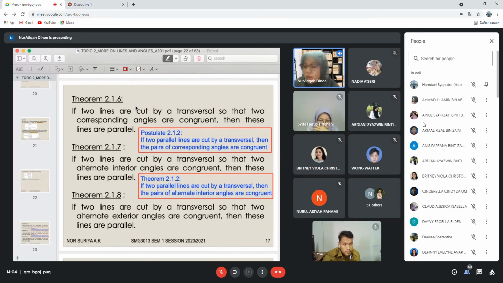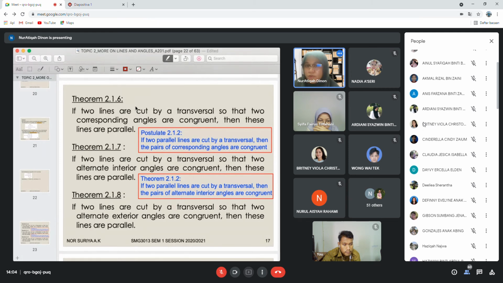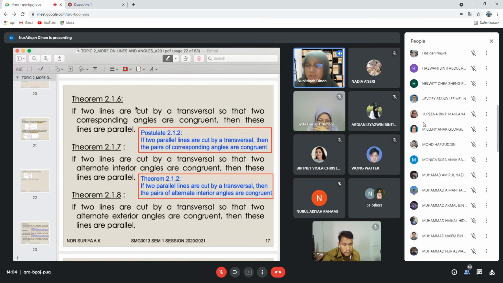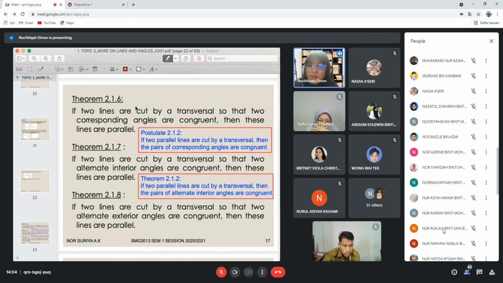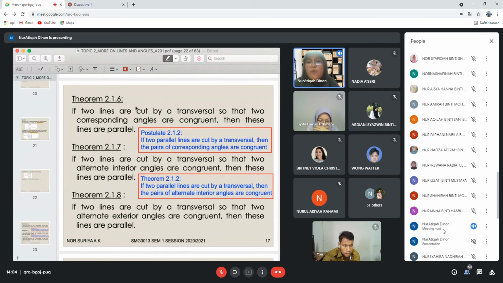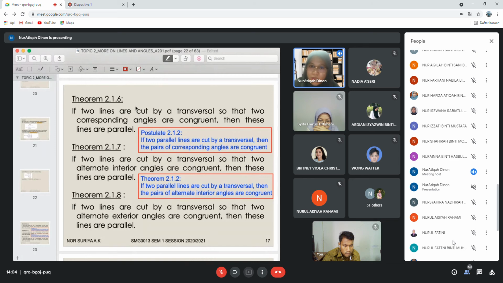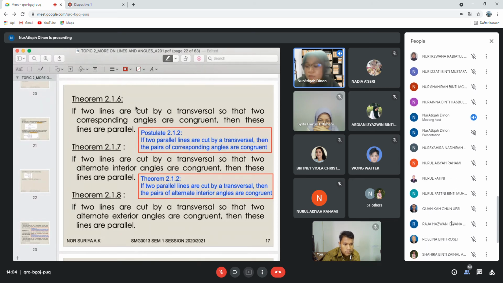So why we come up with this kind of theorem, sedangkan as we can remember the characteristic of good definition, we have the last characteristic will be reversible, isn't it? This one like kind of reversible. Tapi why we need to come up with this theorem, sedangkan kita dah ada theorem tu, kita boleh just reversible je lah kan. The thing is because